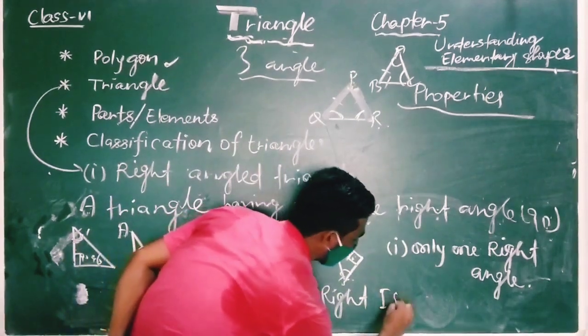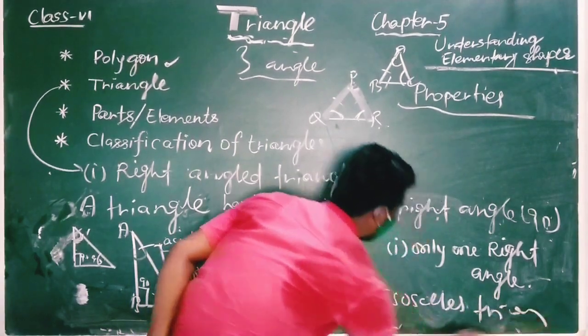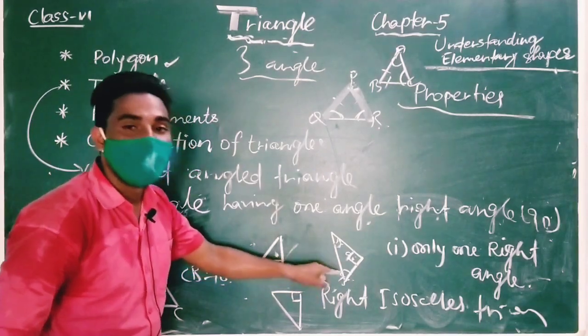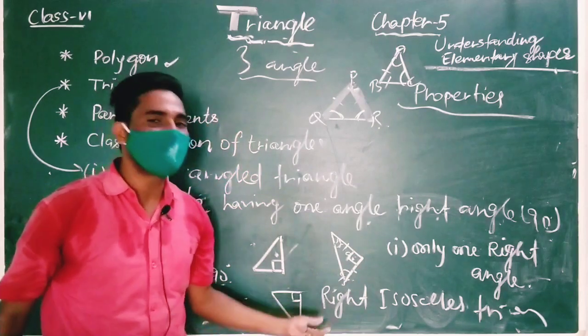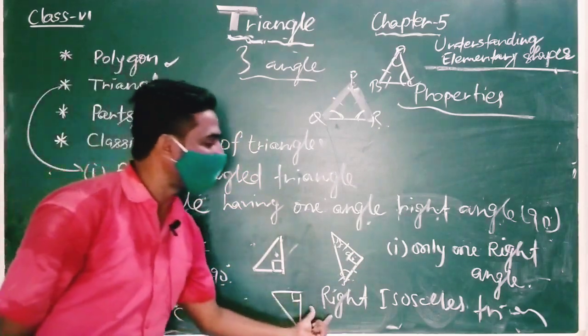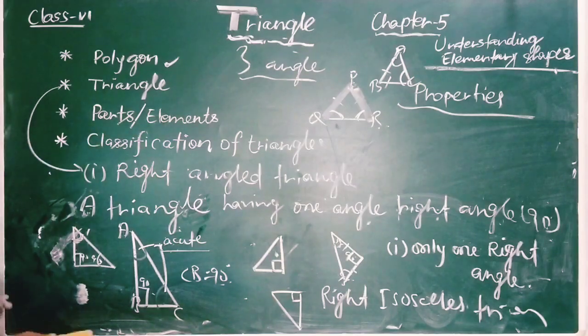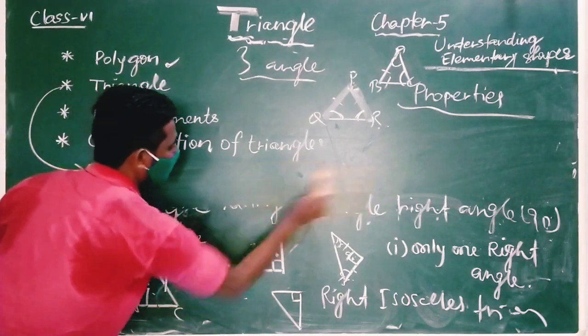Right isosceles triangle. Why right isosceles triangle? Because one angle is right angle, so right angle it is, and two angles are equal. You can see. So two sides will be also equal, so it can be said as a, for objective I have explained it here. So right isosceles triangle, this kind of triangle will be said. Now we are moving further towards the third type of angle, and the last but not least,